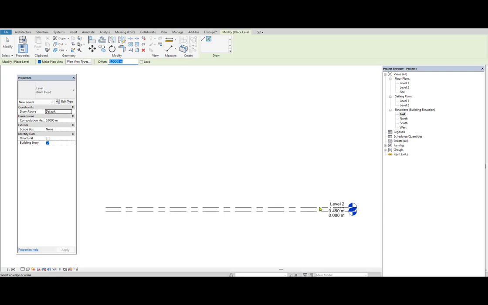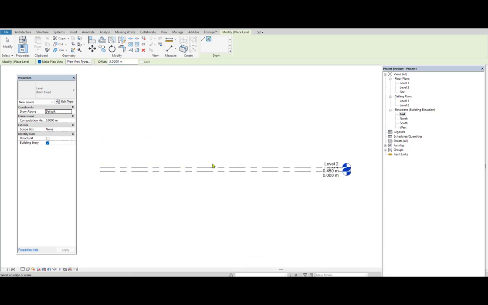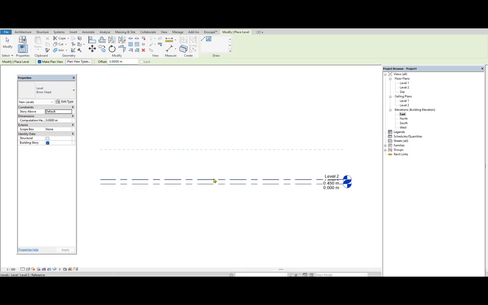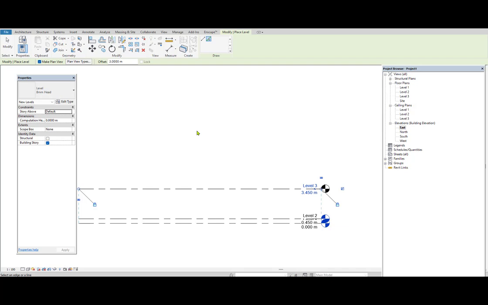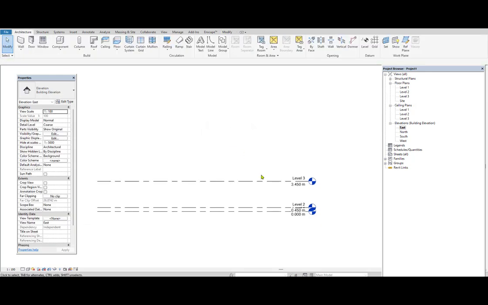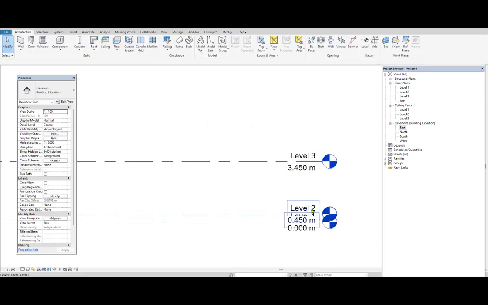From level 2, that is the plinth level, the first floor is 3 meter, that is 10 feet floor to floor distance. You can give the offset distance of 3 meter, and make sure you are adding the level just above level 2. While adding the levels, make sure you are moving your cursor down or up, and depending on the requirement I am going to add the level just above level 2. Once you add the required level, first you have to come out of the running command: right click cancel, right click cancel. Then here you will get level 3, level 2 and level 1.